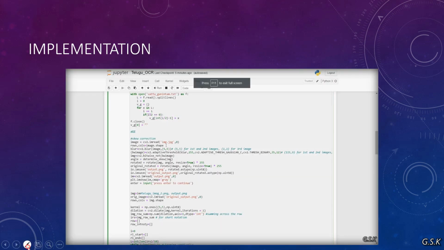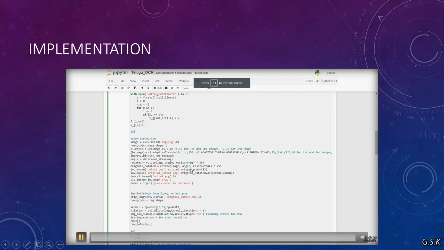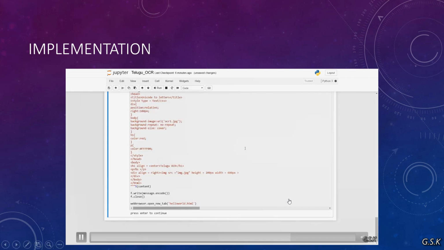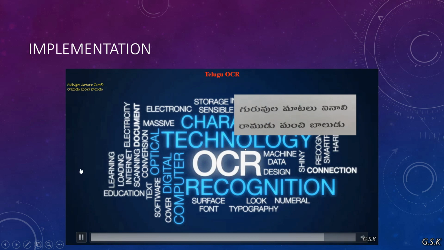Here I'll show a little implementation of our code. Here is the place where we give the image as input, and after running, it will give a check whether to display the web page or not. Here you can see this is the input image and this is the output which we have got.